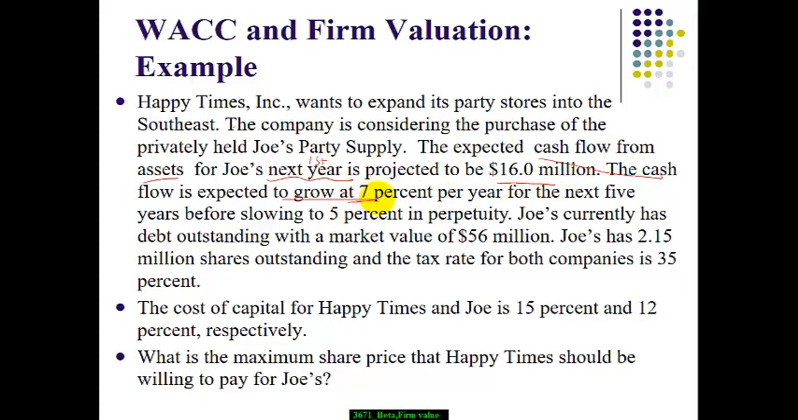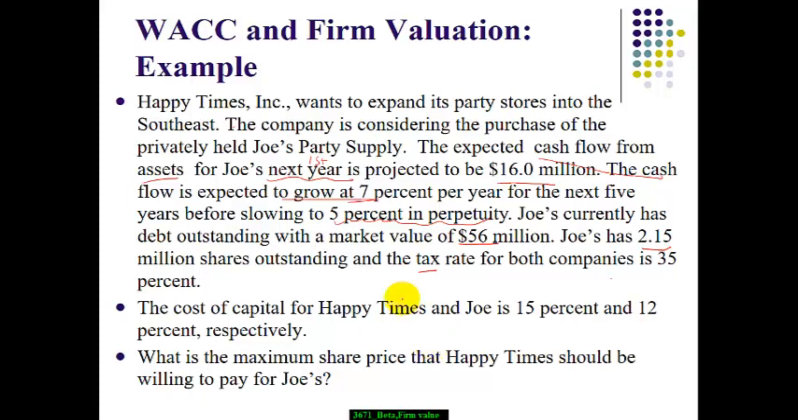They're going to grow at 7% for the next 5 years. After that, they will continue at 5% forever. Joe's currently has a debt of $56 million and 2.15 million shares of stock. The tax rate is 35%. The cost of capital for Happy Time is 15%. For Joe's it is 12%. So what is the maximum share price Happy Time should be willing to pay for